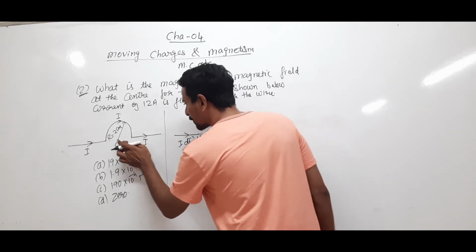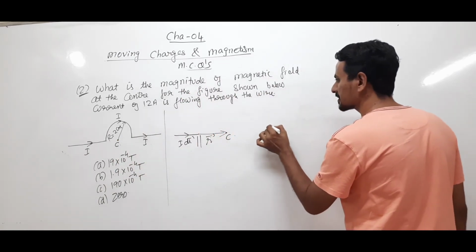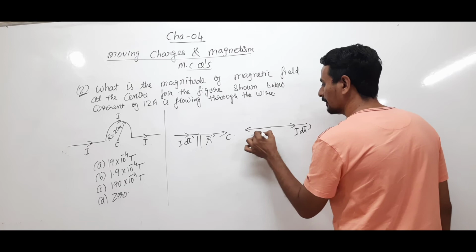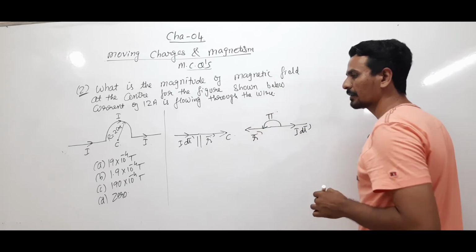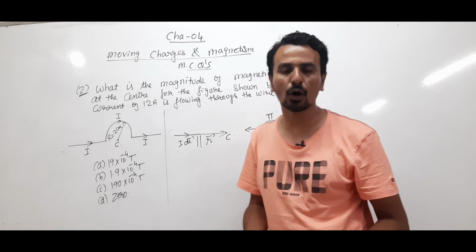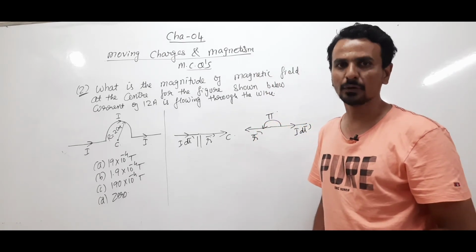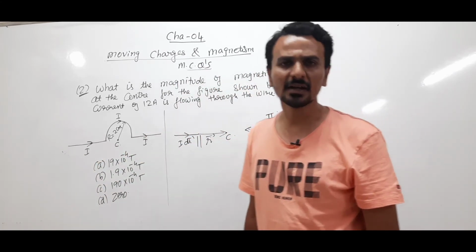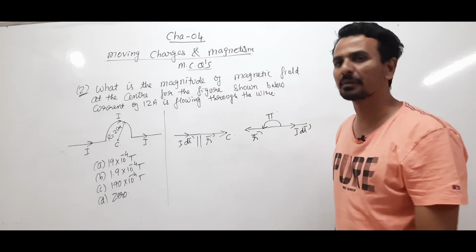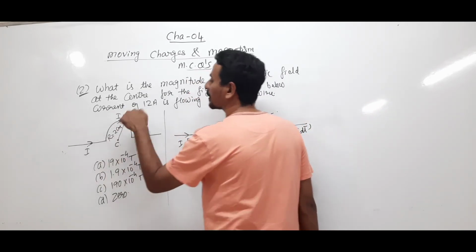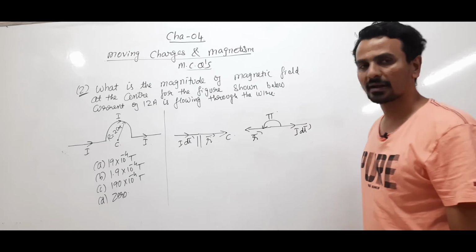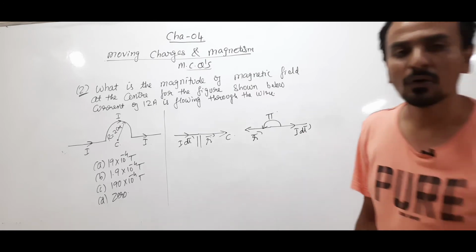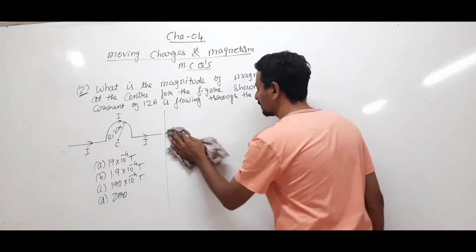Similarly, magnetic field will not be produced because of this portion also, because for this portion I dl is in this direction, now r will be in this direction. So they are at 180 degree, but again the cross product of two parallel or anti-parallel vectors will always be 0. So neither this portion nor this portion will be able to produce magnetic field at the center. So magnetic field will be produced only because of this semicircular part of radius 2 centimeter. And in the question you have been told to calculate the magnitude. That means we don't need to find the direction, we just need to calculate the magnitude.